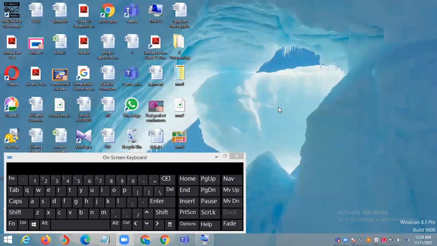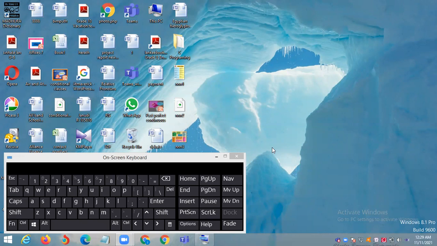Now I'm going to tell you the problems that appear when you are using the screen keyboard. There are only one or two problems, and there is a way to solve them. When you are using your screen keyboard, you can't use the physical keyboard in your laptop or your computer.